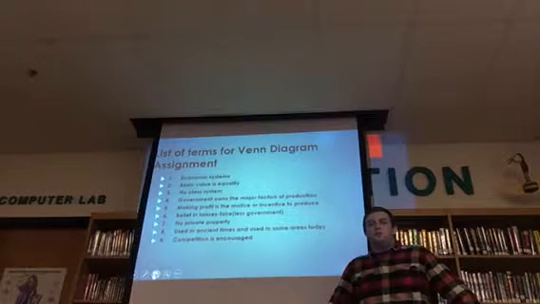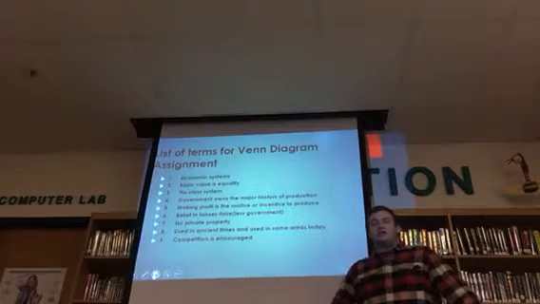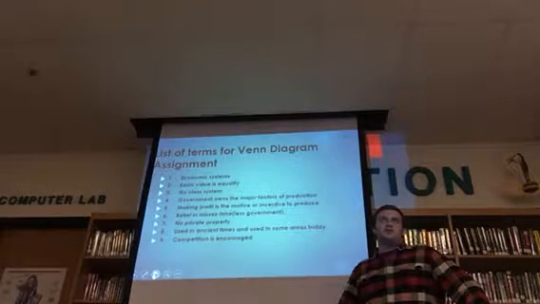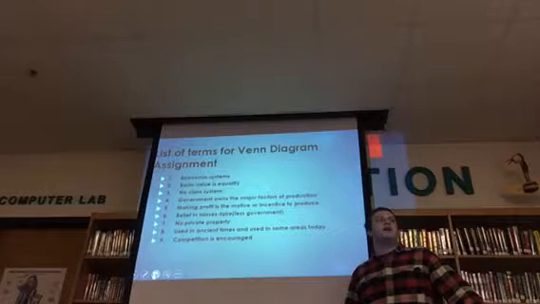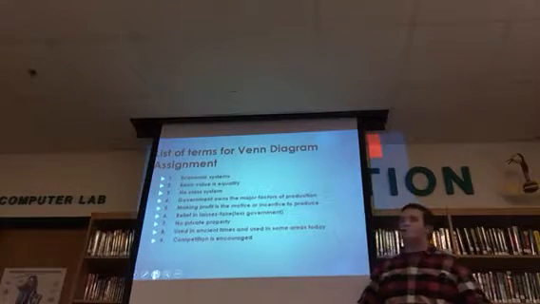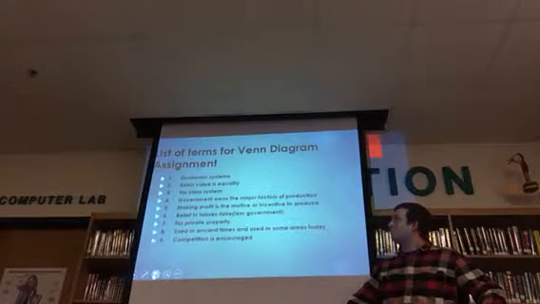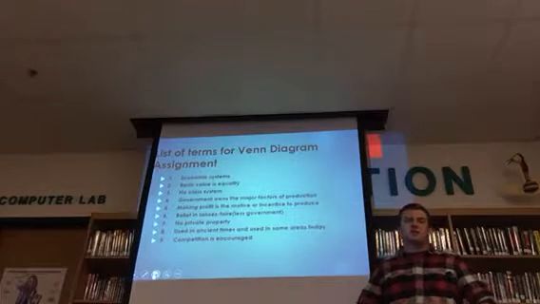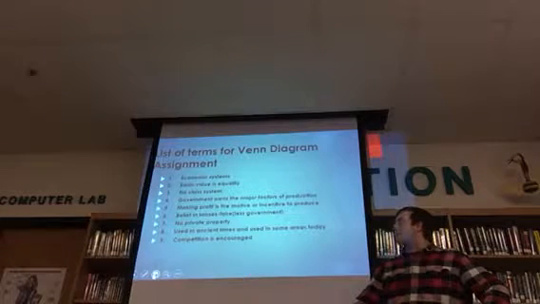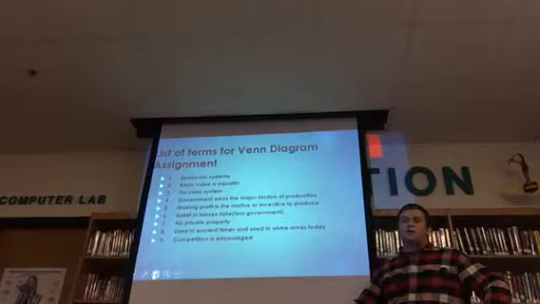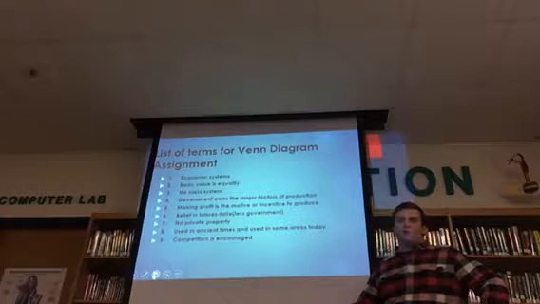All right, so I'm going to go back to being the teacher of the class now. All right, class. So you guys understood the 3 types of economies, right? You got all those notes down? Okay, good. So the assignment that I said, you have the Venn diagram sheet in front of you. And there's going to be one more slide that will have these 9 terms that you will fill out and put in there.